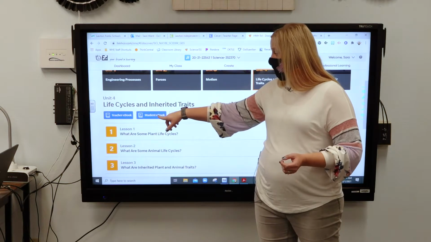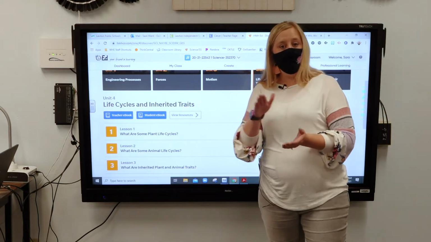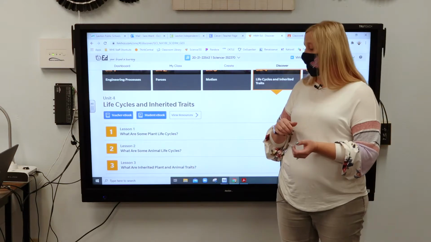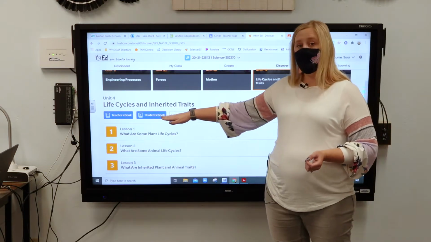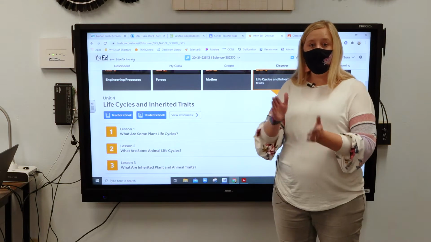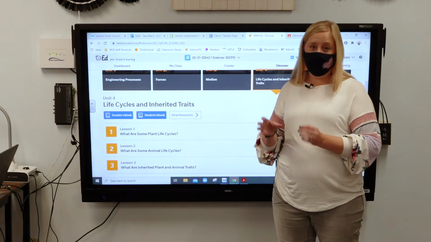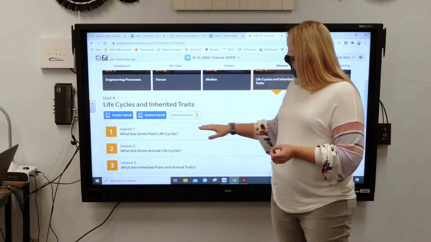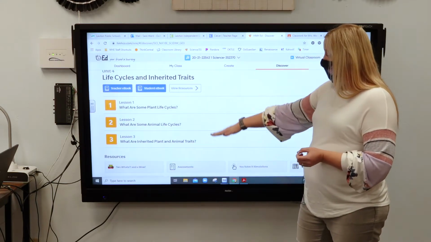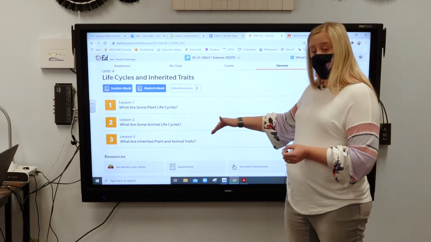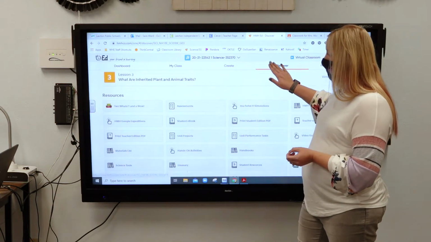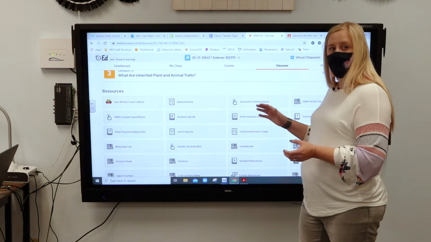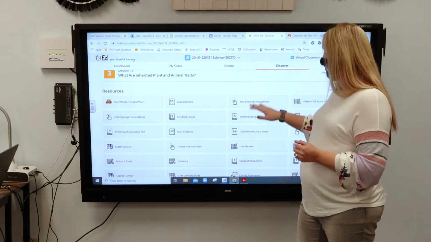The student ebook is just like, for us it's blue, but it's the science workbook textbook that you have for your kids. The format is a little bit different than the paper copy, so be careful when you use it, but this is where I go to quite a bit. You have your resources broken down by lesson for that unit, and then down below are the resources. And we'll come back to this part of our page to look at what is needed for us as teachers